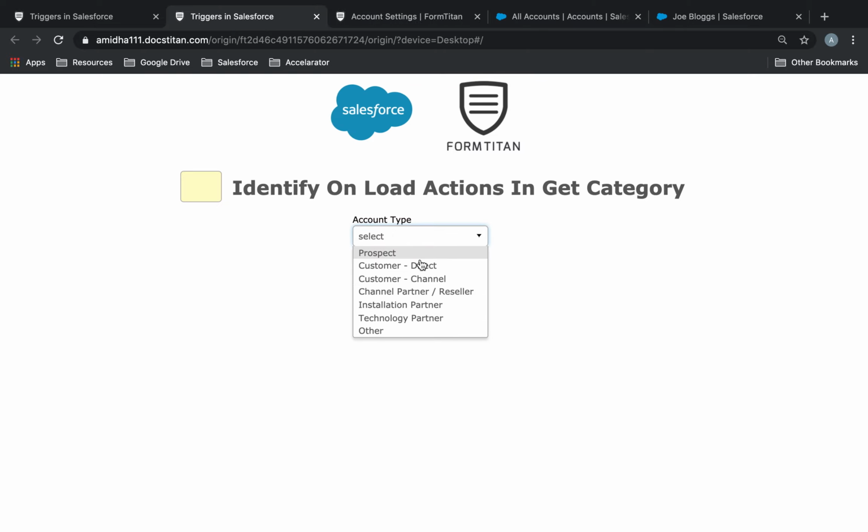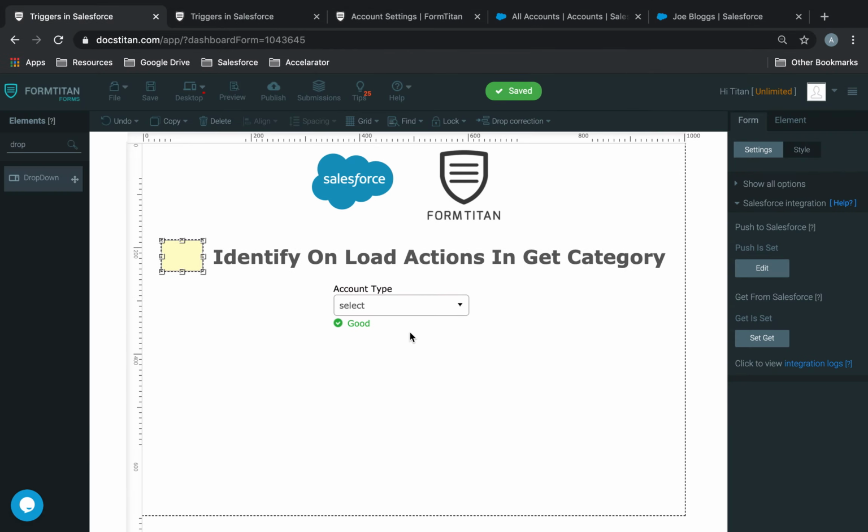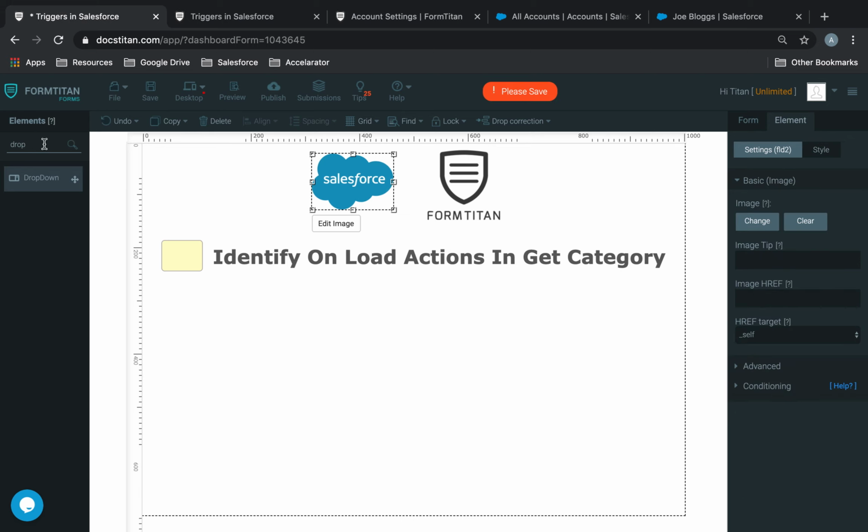So this is all my pick list types here. One of the times you can use an on-load action is, let's say I've got a table,